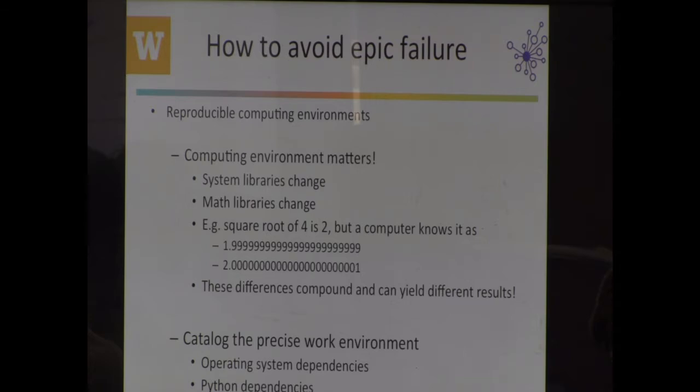And then, of course, cataloging your work. What are the operating system dependencies? What are the Python library dependencies? Are there any external dependencies? I don't know what GEE is. I don't remember when I wrote this. But wouldn't it be nice to know what version it was? OK, it's probably something Geo.